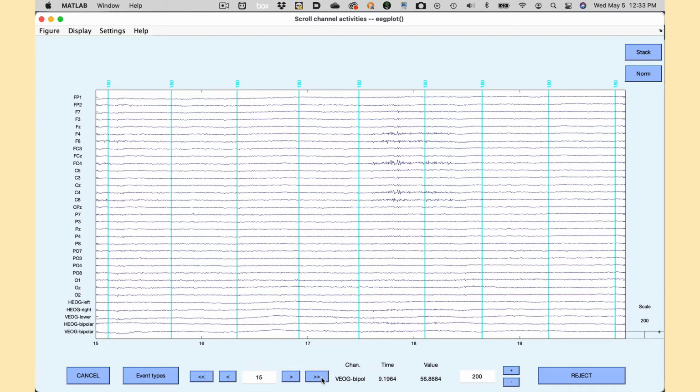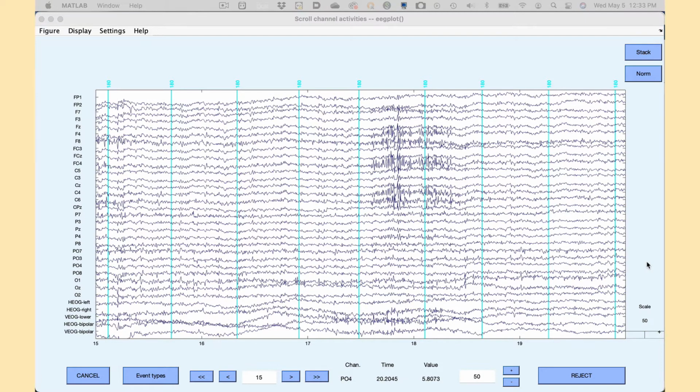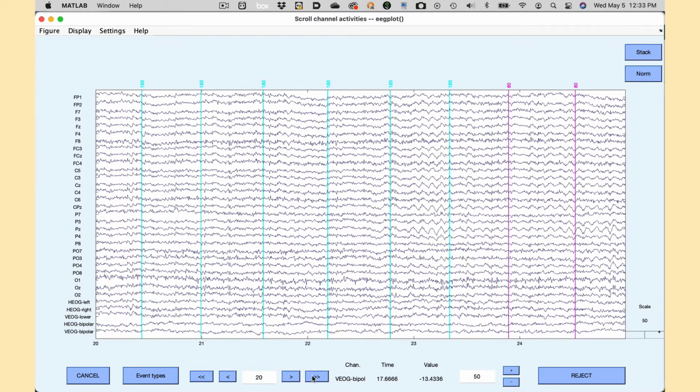Now that the stimuli have started and the waveforms are cleaner, I'm going to set the vertical gain to 50 so we can see the details of what's going on. We can see another little burst of muscle noise between 17 and 18 seconds, again at the right frontal and central sites. For most ERP analyses, this kind of occasional high-frequency noise isn't much of a problem. It gets filtered out. If we scroll another 5 seconds, we can see some alpha, starting around 23 seconds. If you counted the peaks, you'd see about 10 peaks per second, which is how I know it's alpha.